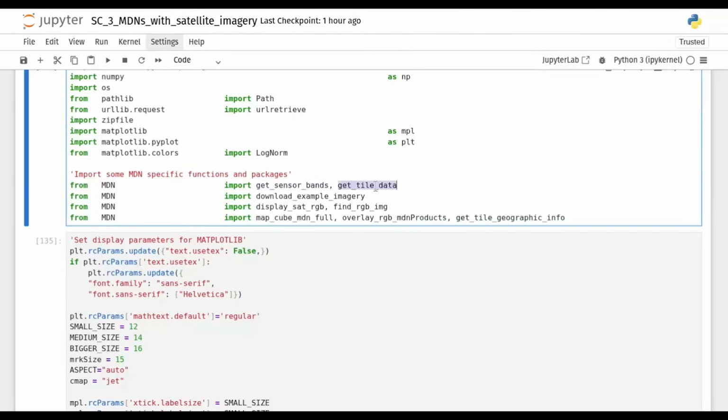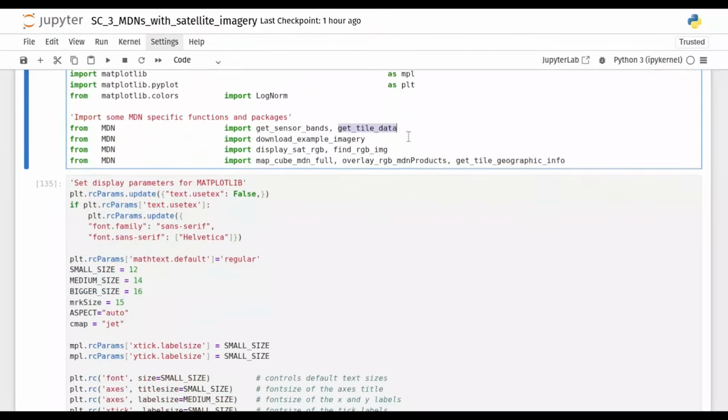Get tile data pulls the bands as well as Rrs data from a given tile path so that we can get the Rrs from a preprocessed netCDF. Download example imagery we wrote specifically for this JupyterHub notebook. It pulls data that we have already atmospherically corrected